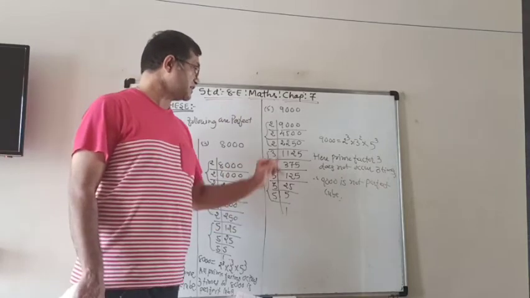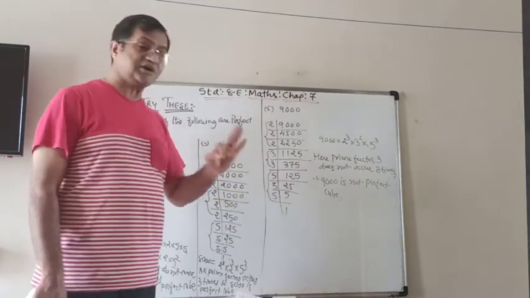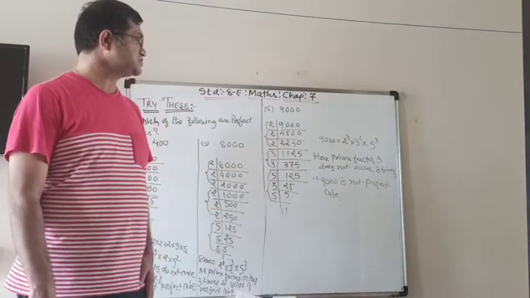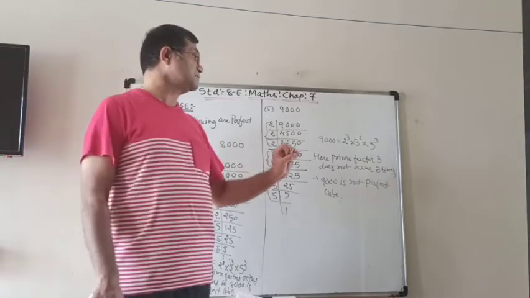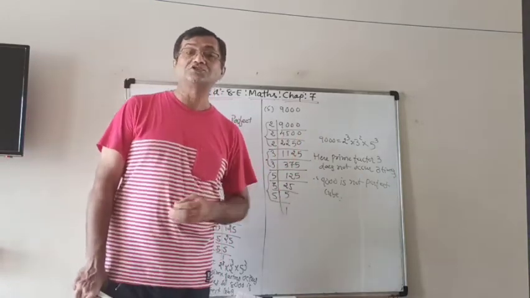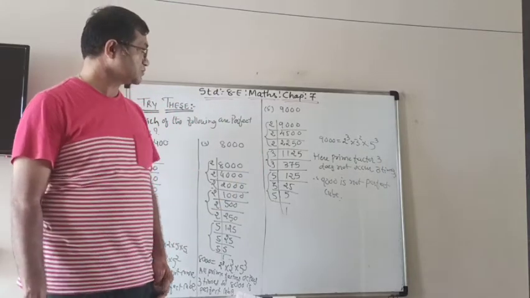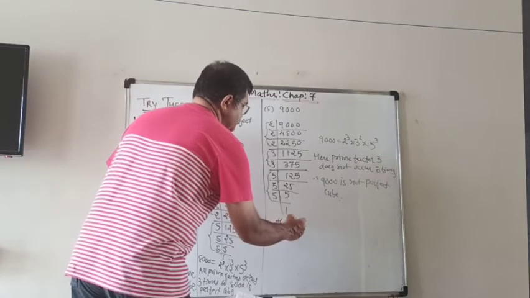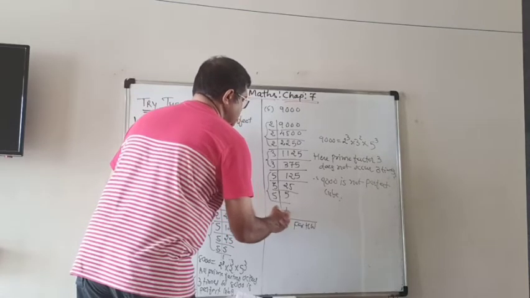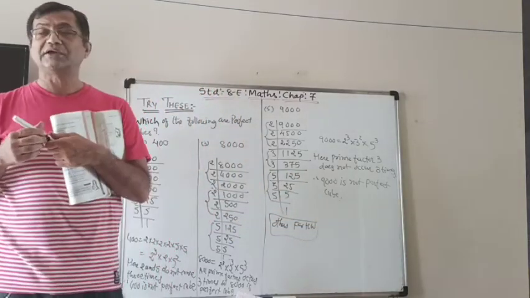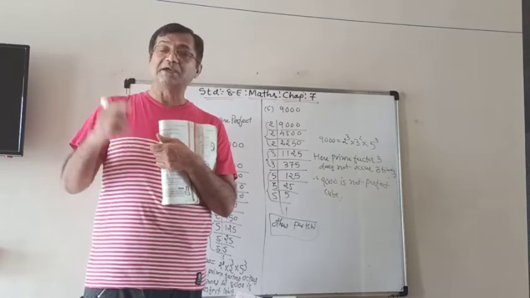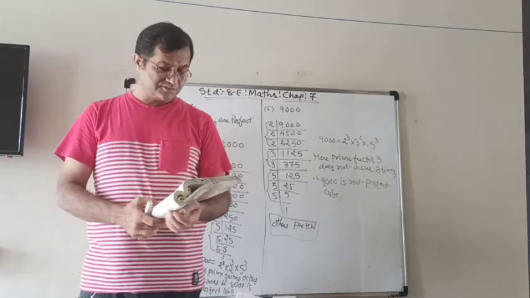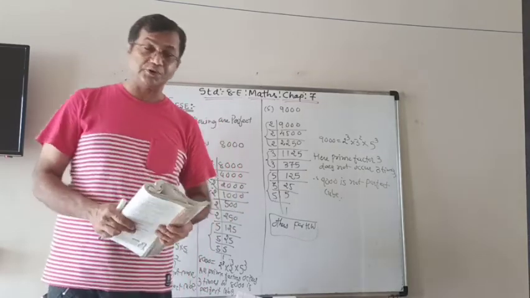And here we can see that 2 and 5 are 3 times, but 3 occurs only 2 times. It means that not all are in 3 times, and therefore it is also not a perfect cube. So others you can do for homework. As I told you, just find the prime factorization and make the triplets. If all the triplets are perfect, it is a perfect cube. Otherwise, it is not a perfect cube.